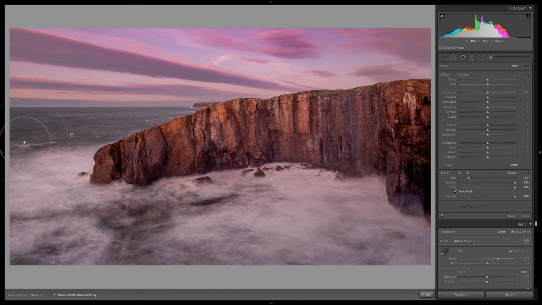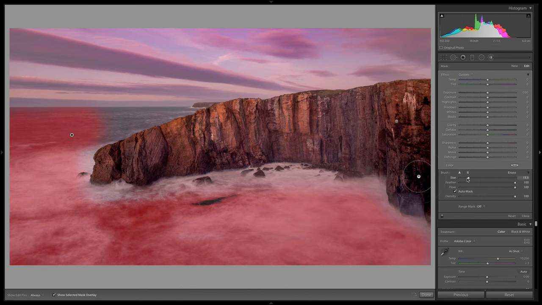So I'm just going to start up here over the ocean, and we are going to use a range mask to make our selection a little bit more fine-tuned, and I'll show you why we're going to do that once we start applying some edits. So when you do want to be a little bit more specific, you can always change the size of your brush in the middle of making your selection. So I'm going to do that, go up here. I'm not too worried about getting all of this ocean up here because it's mostly white, and I'm actually not going to be wanting to affect the white as much as I am trying to affect the blue.